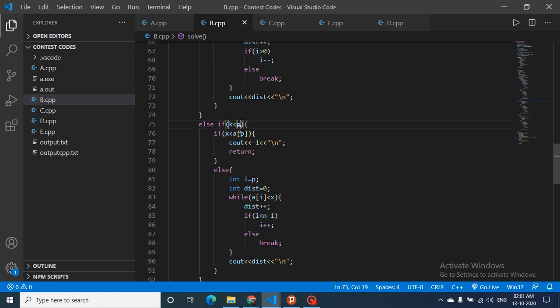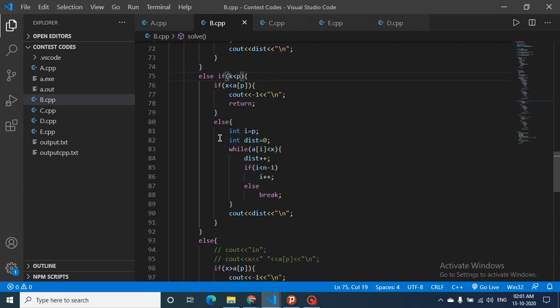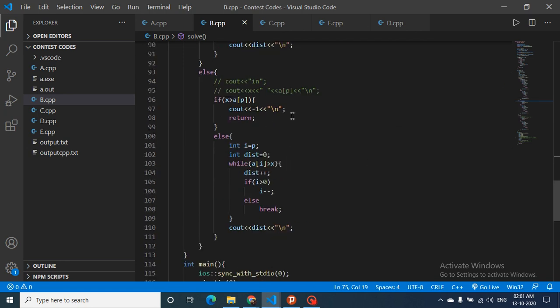Okay, so the position at which we can replace is less and p is greater, then we have to do the same. I've told you the -1 condition also with the example. Else we have to find the distance on the right hand side. Else we do the same thing on the left hand side, and it's -1. I'll post the code in the link, so you can also see this code. It's pretty simple if you understand the logic itself.